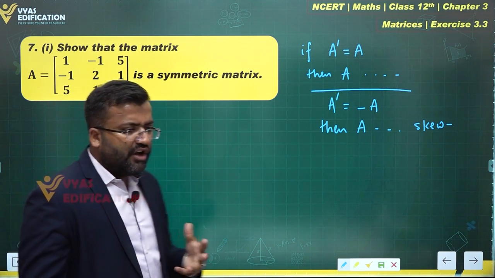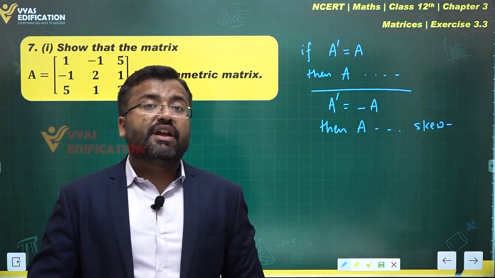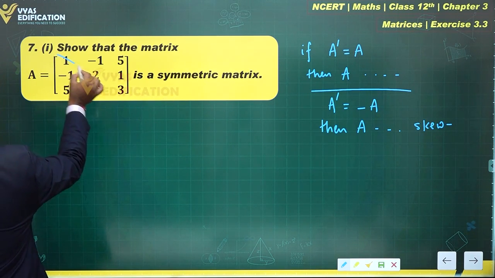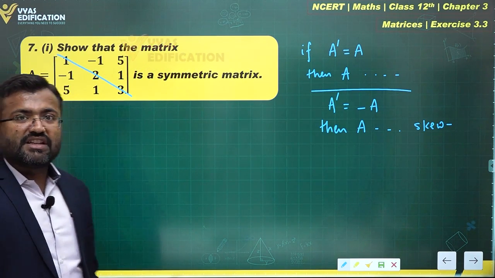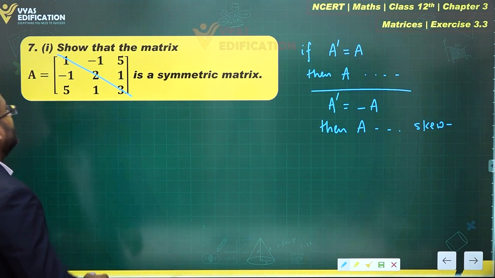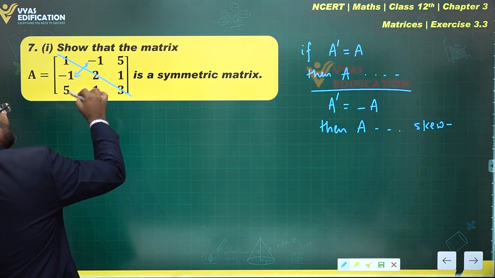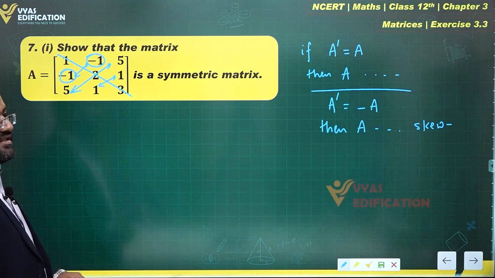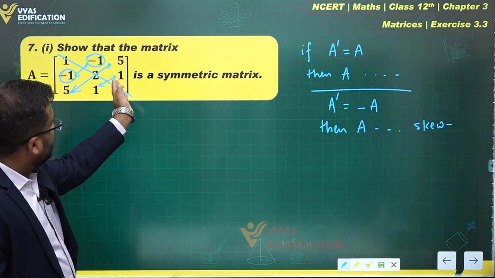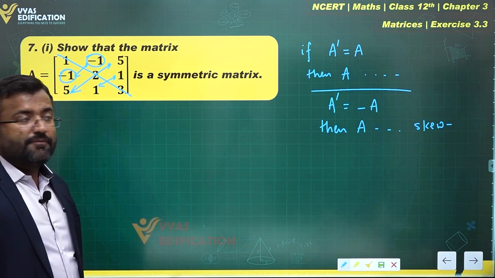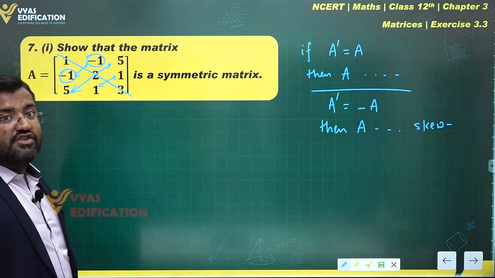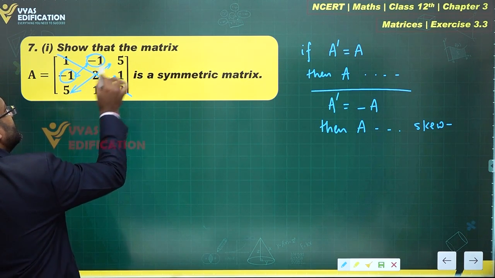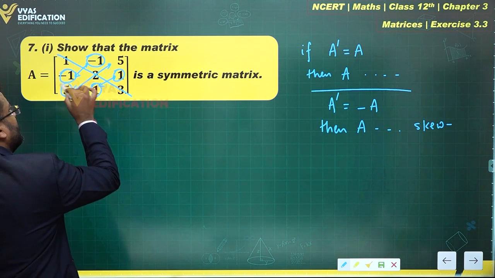a symmetric matrix. Now, although it is very simple to observe a symmetric matrix from the outside, for a symmetric matrix the most important thing is that the diagonal elements can be anything, that's not an issue. But other than that, the mirror images of the elements across the diagonal, basically these two elements, should be exactly the same. That is, when we take a mirror image along the diagonal, we should get the same thing, right? These two parts should be mirror images of each other with respect to this diagonal. That's important. That is, these two elements should be exactly the same, and you can observe,